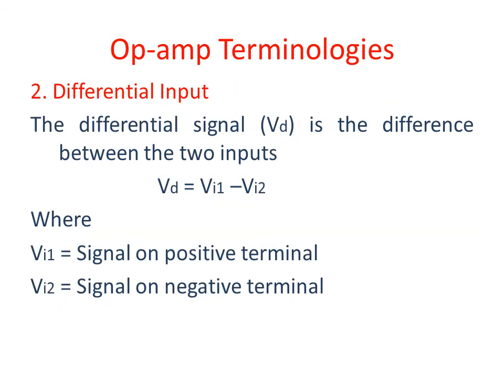Now we will be studying a few terminologies of the op-amp. We should at this time be aware that the differential input is represented by the symbol VD, and it is the difference of the signal between input terminal number 1 and input terminal number 2, where Vi1 will be the signal on the positive terminal and Vi2 will be the signal on the negative terminal. यानी Vi1 और Vi2 के दरमियान का जो डिफरेंस सिग्नल कहलाता है वो VD कहलाता है।